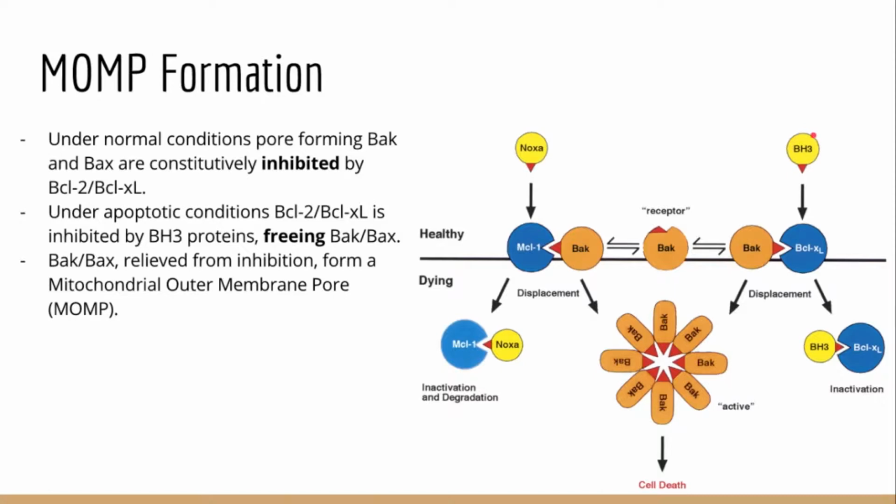So the BH3 protein comes in, it binds to either BCLXL, MCL1, or BCL2, and it steals it away from BAC or BACs. When BAC or BACs are freed from the BCL2 proteins because this BH3 protein came in, they begin oligomerizing and they form a pore in the membrane called the MOMP, or the mitochondrial outer membrane pore. So this will sound a little bit silly, but I have this relationship analogy that might help